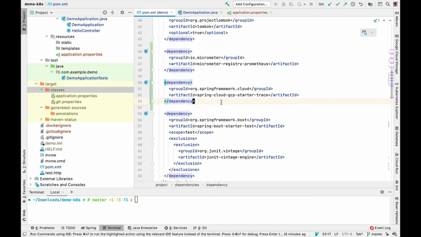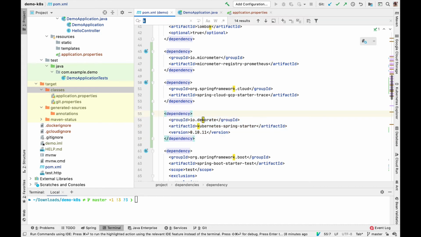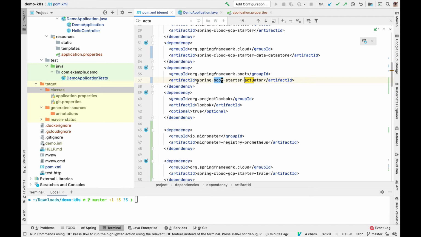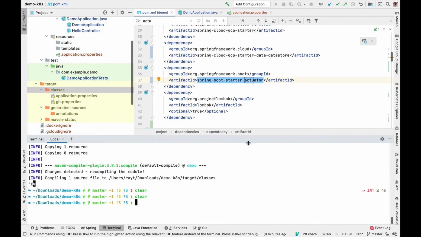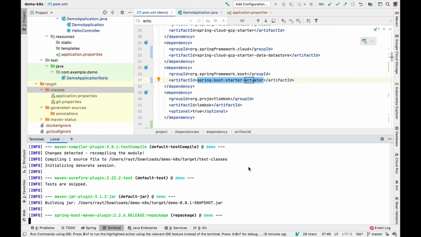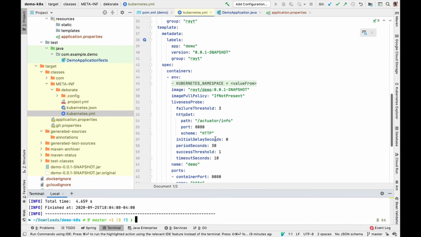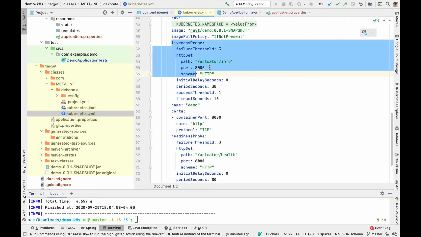Or you can also try a tool like Dekorate. It's an annotation processing tool that can analyze your application and produce a fairly good YAML file for deployment just through annotation processing. So in this example, I can add the Dekorate library into my Spring Boot application. And this application happens to also have a Spring Boot Actuator component so that it can automatically install a health check for me. And once you build the application, Dekorate will automatically generate the YAML file. And if I open this up, you can see not only does it have the basic configurations, but it also has all the health checking information as well.